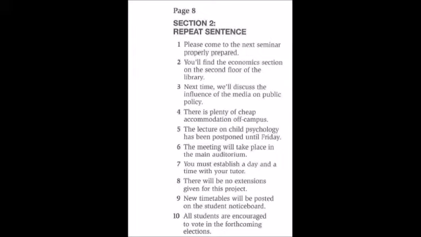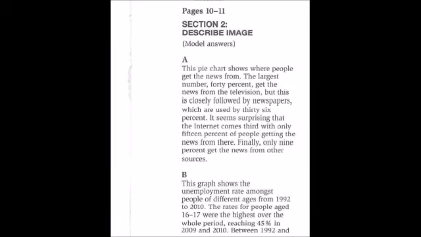Image B. This graph shows the unemployment rate amongst people of different ages from 1992 to 2010. The rates for people aged 16 to 17 were the highest over the whole period, reaching 45% in 2009 and 2010. Between 1992 and 1995, the unemployment level for those aged 18 to 20 was about 25%, then dropped below